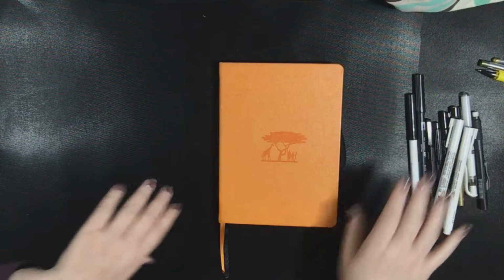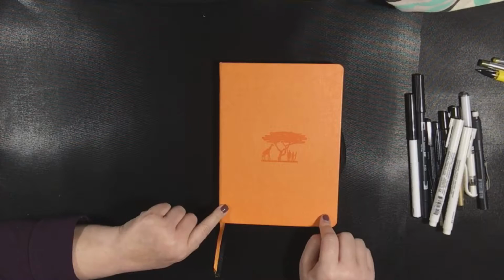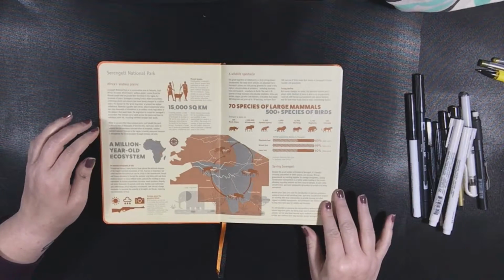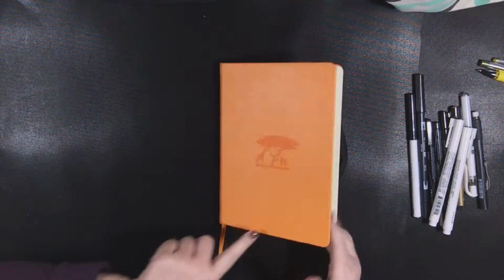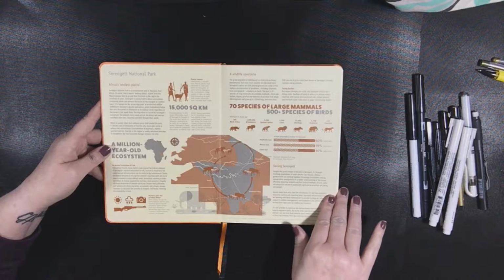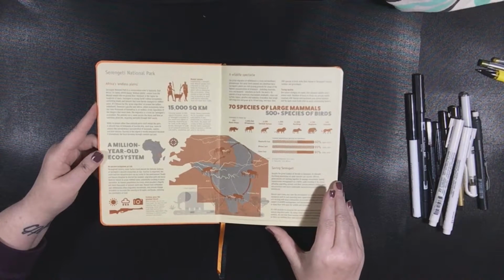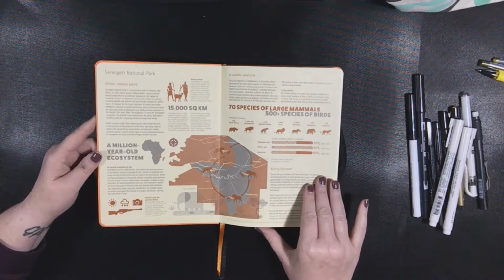And let's talk a little bit about my bullet journal itself before we dive into the actual plan with me. This is a Dingbat, and what I love about them is that they always give you these different themes. This one has a giraffe on the cover, and it gives you a lot of different information about the Serengeti National Park in Africa, and for all of their bullet journals a portion of it goes to help conservation efforts, and